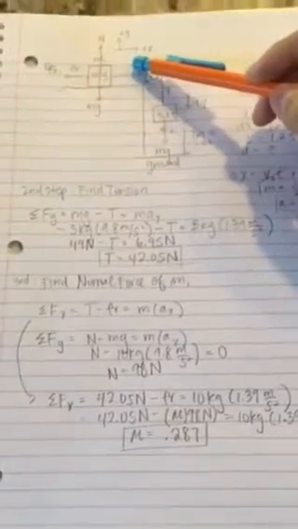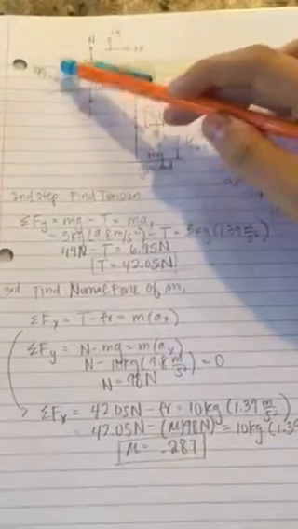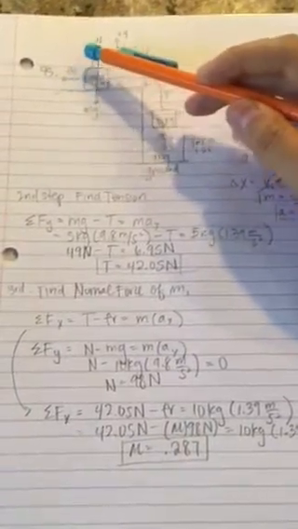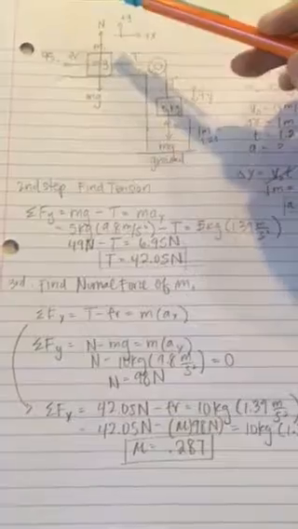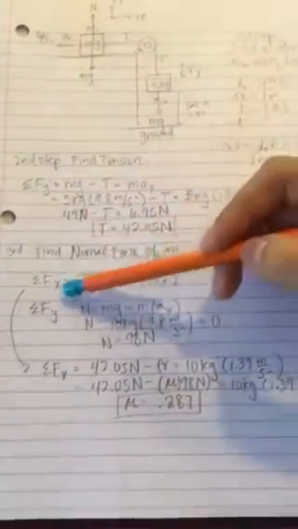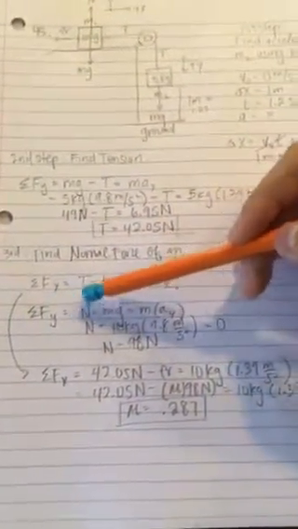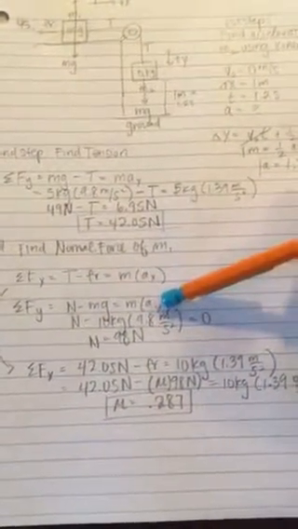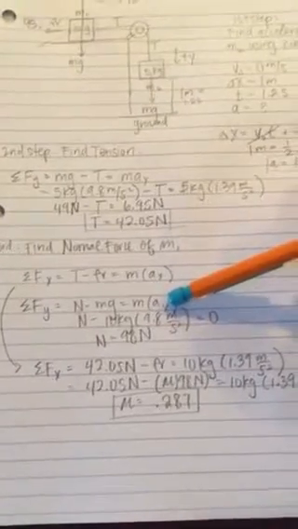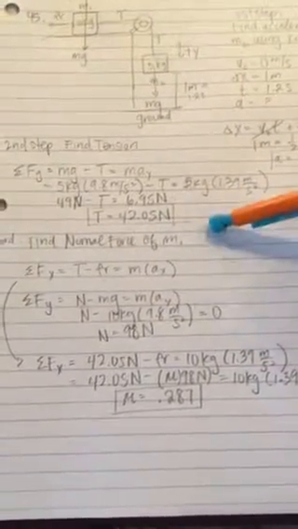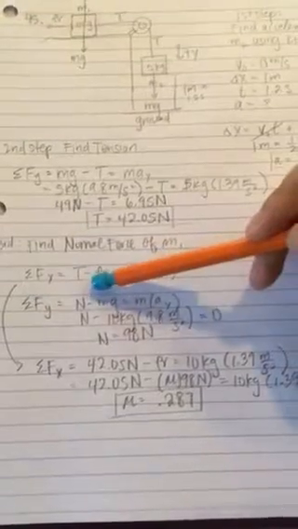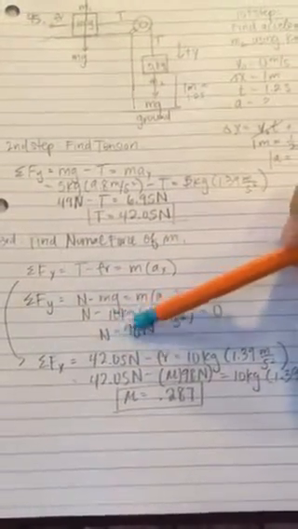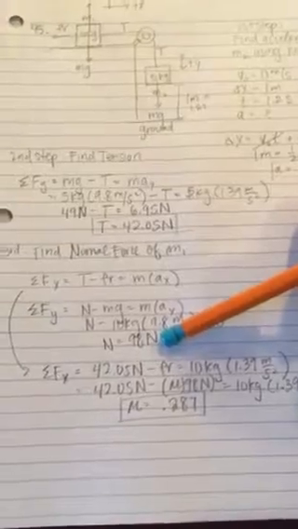So the third and final step is to find the normal force. The normal force will help us find the friction because the friction equation is friction equals the coefficient of friction, which we're trying to find, times the normal force. So this equation is the normal force minus the weight equals mass times acceleration. We know that since there is no acceleration in the y direction because it's not floating in air, we can find out that the normal force is 98 newtons, which means that we can go to our final equation,